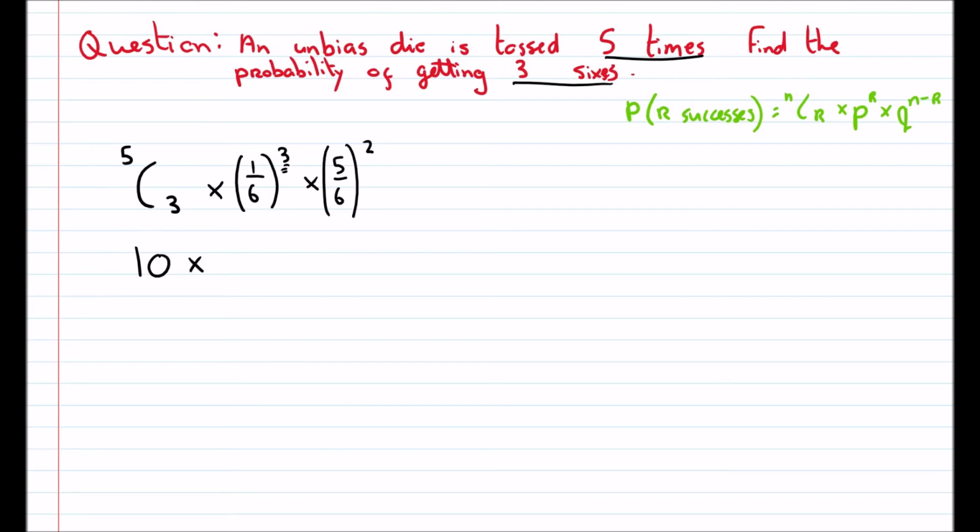We just throw that into our calculator. So multiply by 5 to the power of 6 squared. That is 25 over 36. If we multiply that all together, then we get 1 over 216 multiplied by